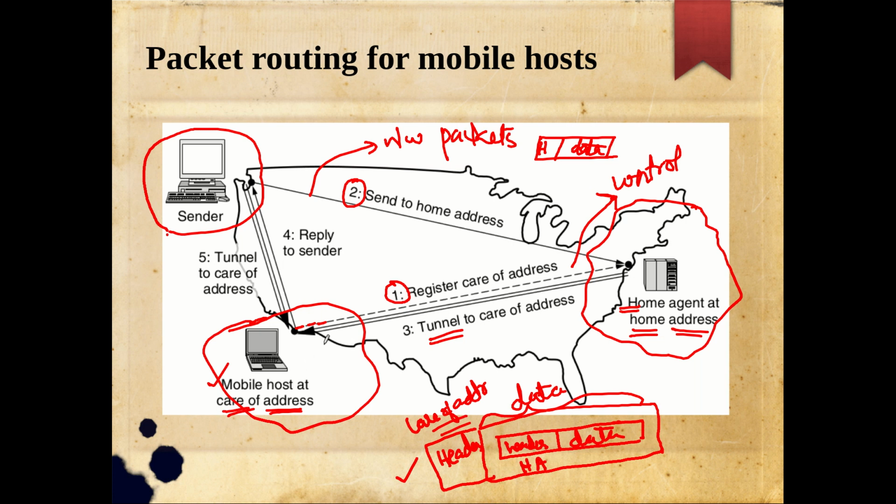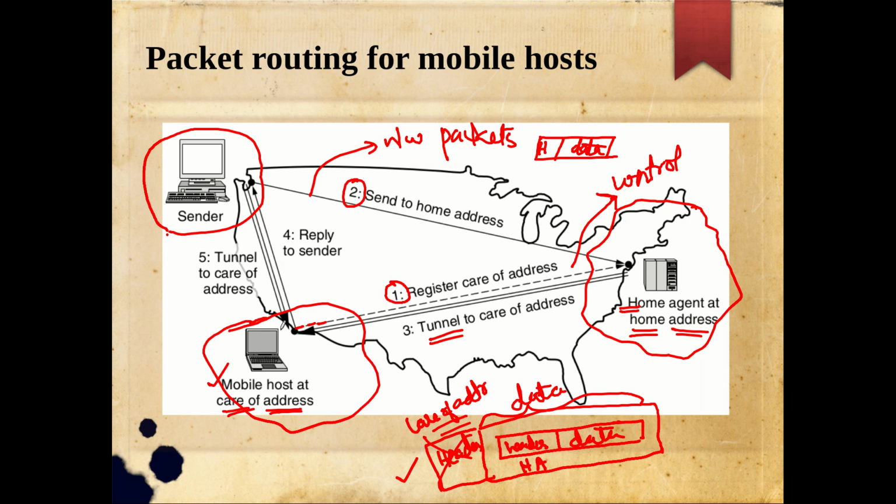So now the mobile host obtained it. It is a two-level exchange: first the sender communicated to the home agent, and from the home agent it is tunneled and given to the actual mobile host. Now the mobile host will unwrap this encapsulated packet. It will remove the outer header part, so that it gets the actual packet, which is what the sender is trying to communicate.